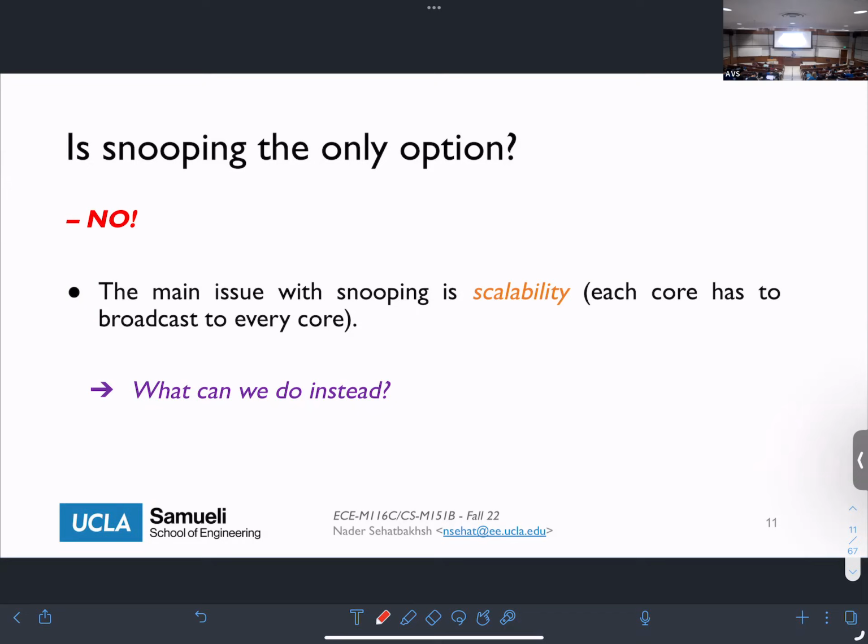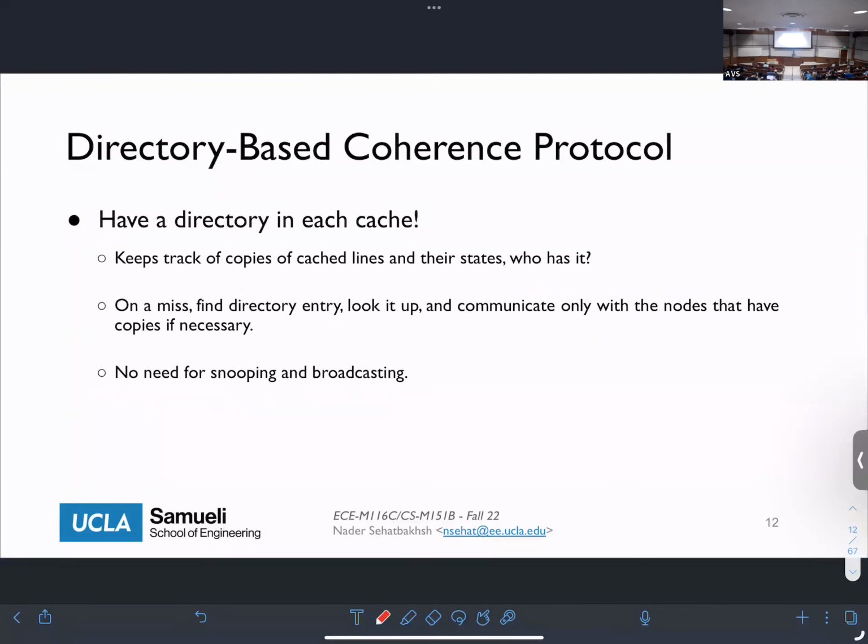So scalability is an issue for snooping-based caches. What we can do instead is what we call a directory-based cache coherence protocol. We still have all those states of M and S and I and so on. But instead of every cache looking at what's been broadcast, snooping, and making a decision,